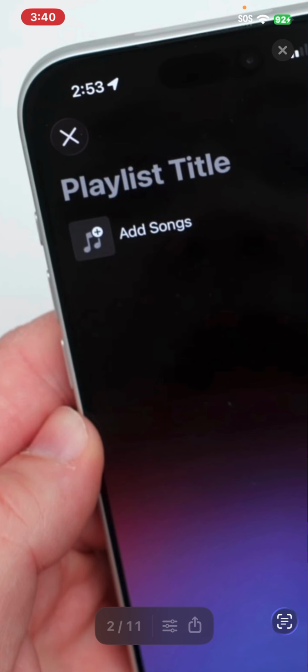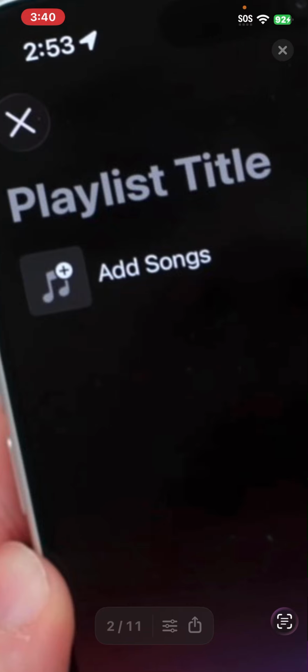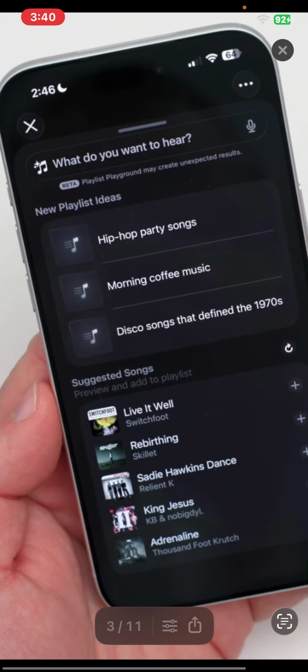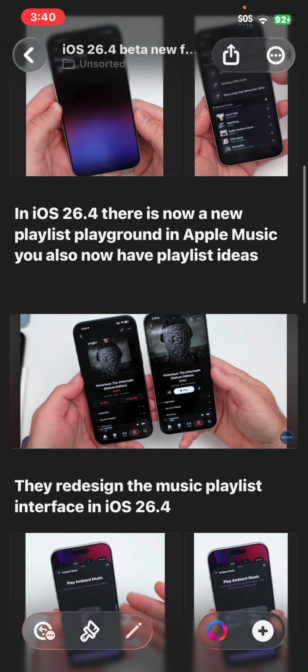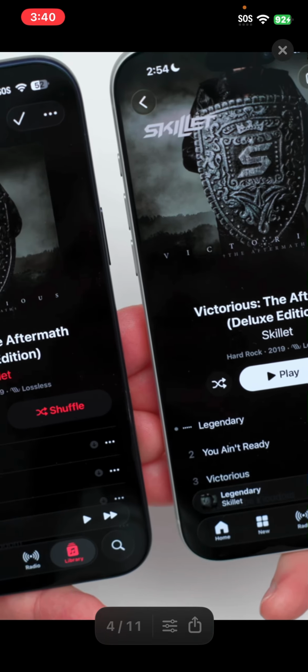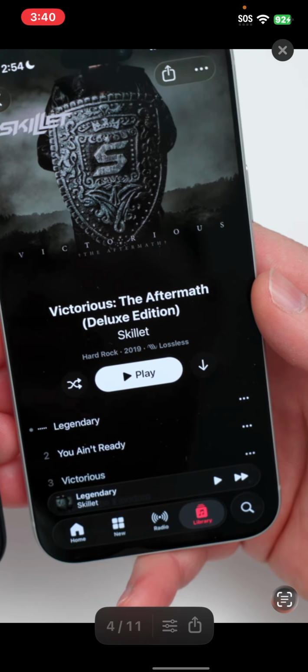So back with Beta 1, we had the new Music Playground feature, which is only for Apple Intelligence. Now with Beta 3, you have sort of Music Playground ideas or suggestions. This is all new in iOS 26.4 Developer Beta 3, and they updated some icons